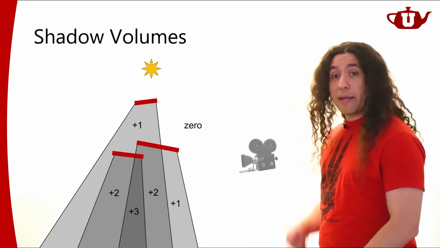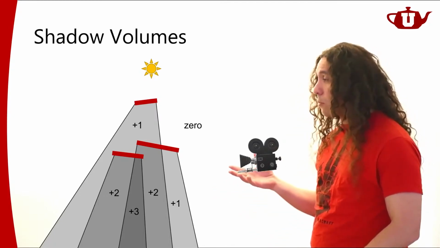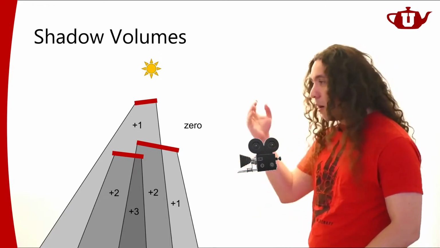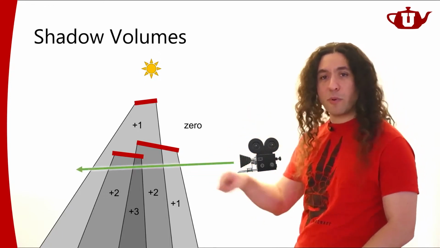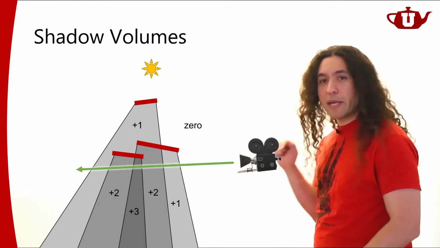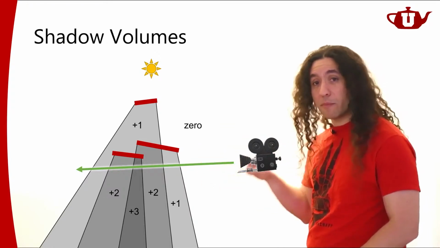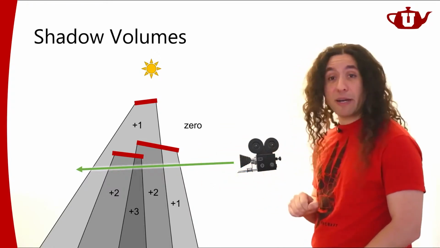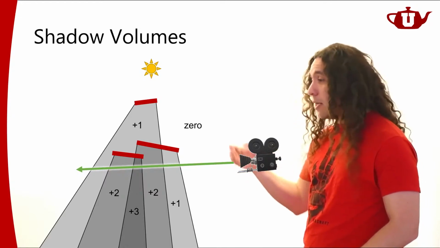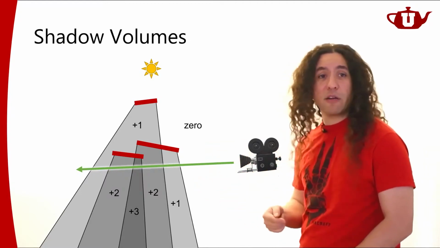So let's say that I have my camera over here and I'm rendering from this view. Let's concentrate on a single pixel, just one pixel of the image that I'm rendering. It's going to correspond to a particular direction. By looking at these shadow volume boundaries, just the boundaries of the shadow volume along this viewing direction for that pixel, I can actually count the boundaries and figure out if I'm inside any shadow volume or not.